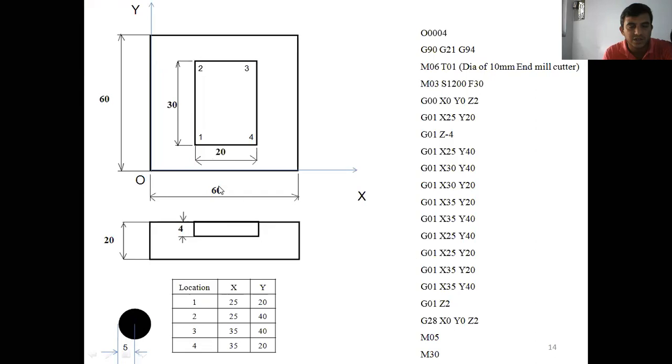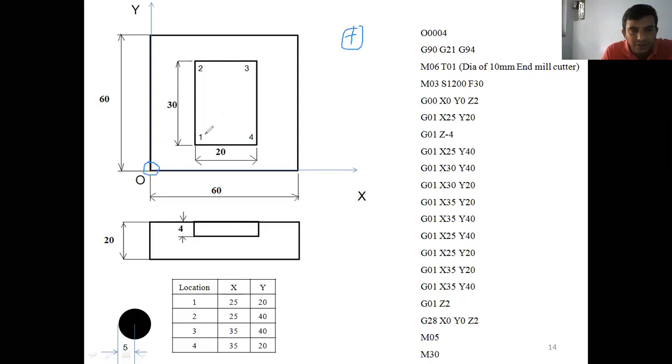Right? After this, how do you move the cutting tool? I want to move the cutting tool from 1 to 2, 2 to 3, 3 to 4. Outside or inside of the workpiece? This is pocket milling. I want to dig this portion, right? For that, move the cutting tool first from the home position to the origin of the workpiece.